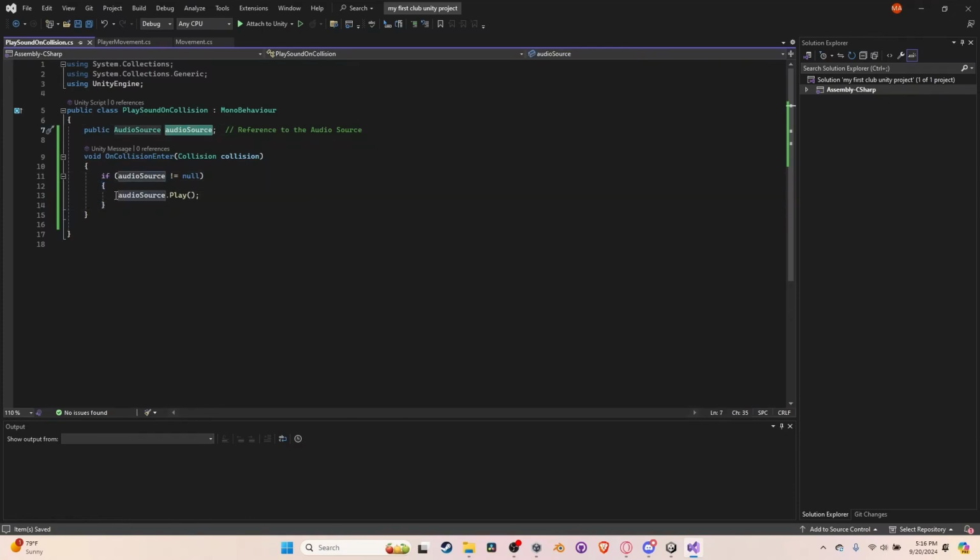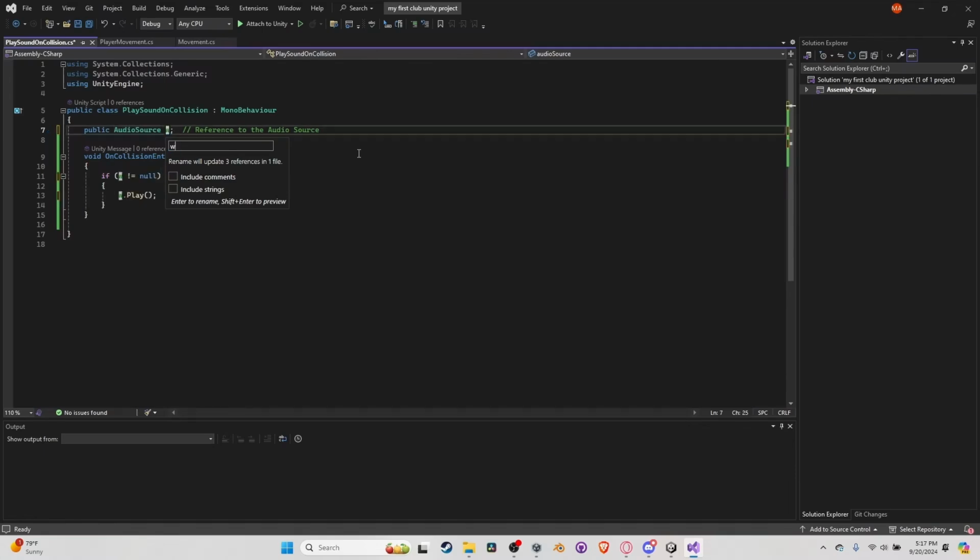variable called audio source. I'll actually call it something like whoosh source, and all your variables have to make sense. You can't just say like public audio source W. For someone else reading this code, this will not make sense. Like, what is W? So you have to make it have meaning when you make your variable names. So something you can actually do is, okay, let me change it back to audio source. You can double click on this variable name, then